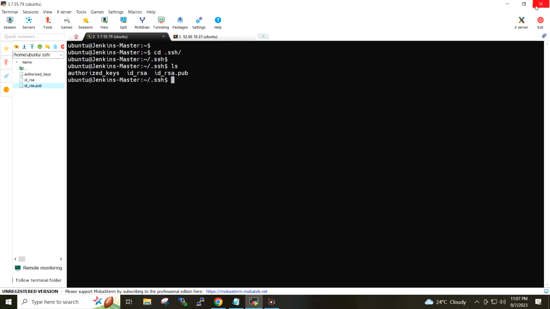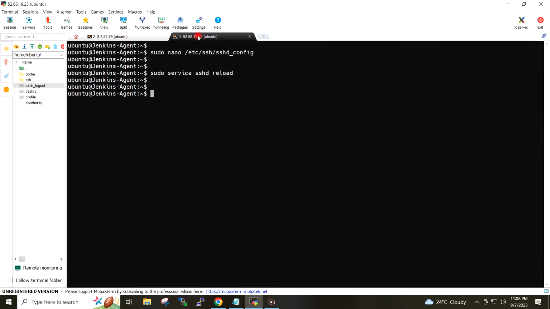Then I will go to the Jenkins agent. On the Jenkins agent, I'm inside /home/ubuntu. I will go to the .ssh directory, and here I have the authorized_keys file.